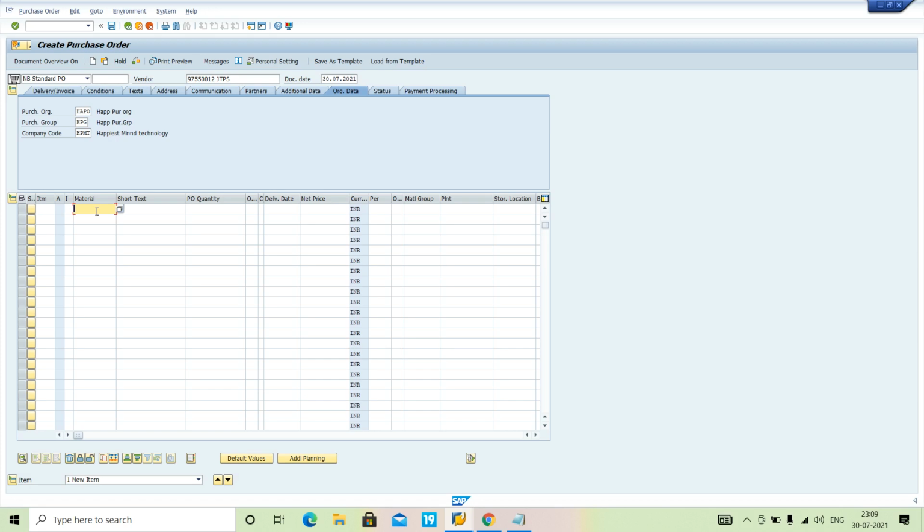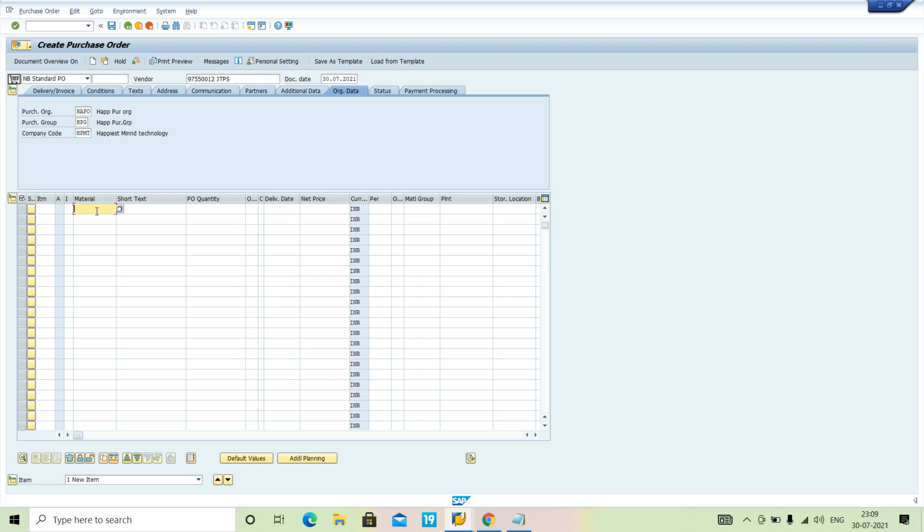If you want to know more about those attributes and how to create a material type, just comment in my comment box, so that I can make such videos also, and you will not get any errors related to material creation or material type creation, right? I'll also show you how to create the valuation class and how to assign it, but right now we are here, so we'll look at this.